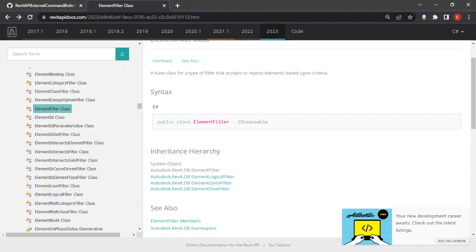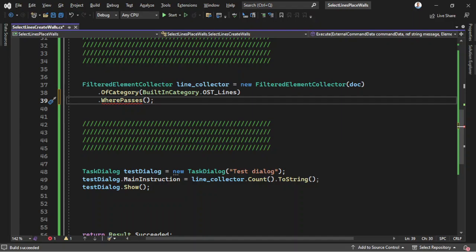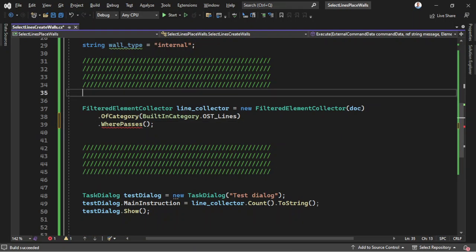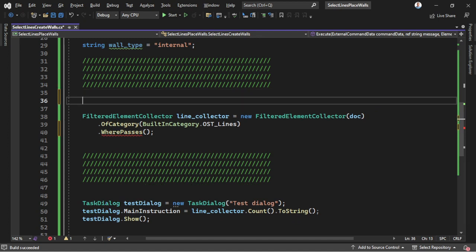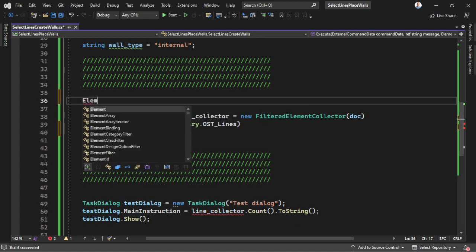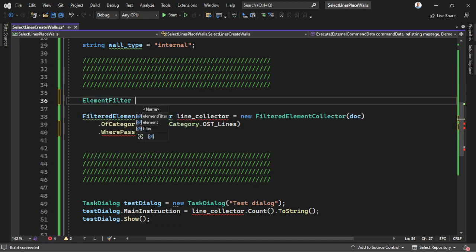And let me show you in the code so you cannot be confused, because I know it is confusing. We're going to create an ElementFilter type element that is going to be our graphic style